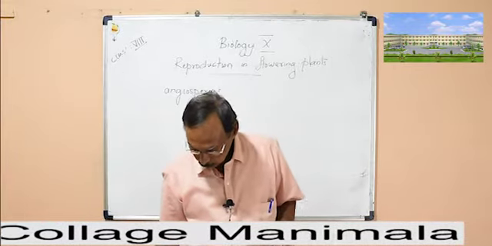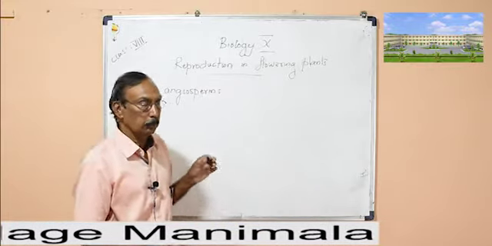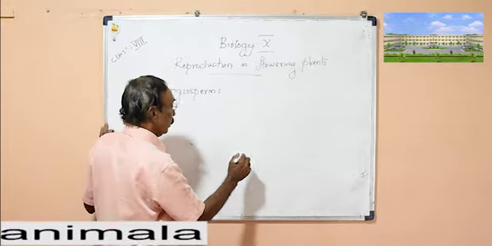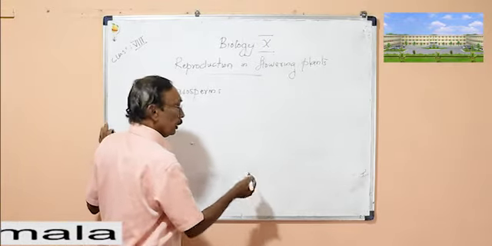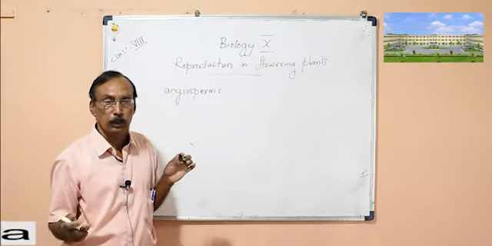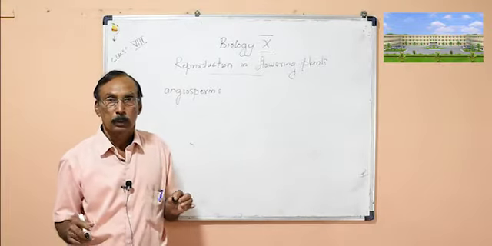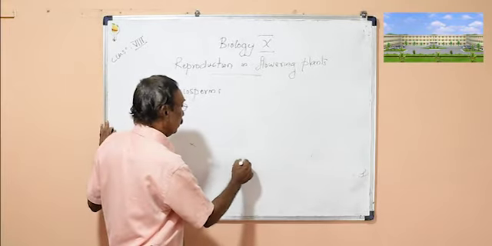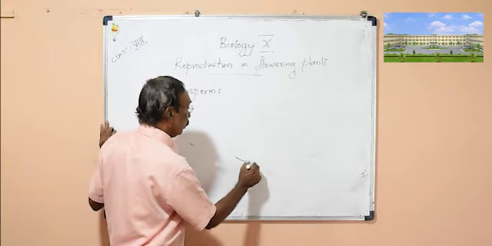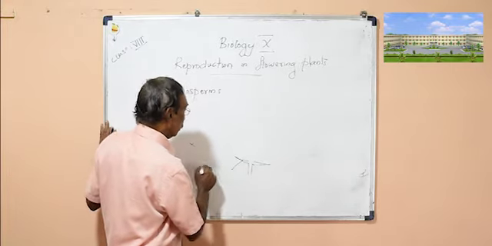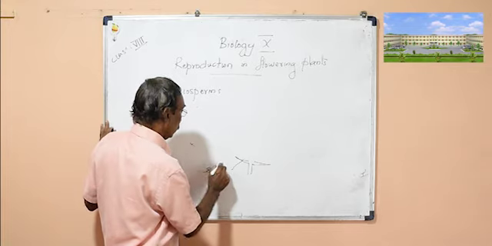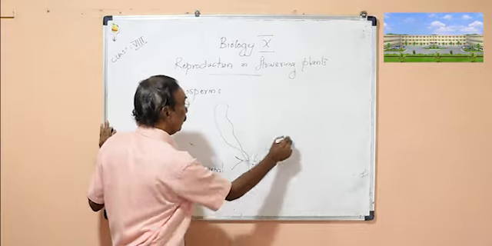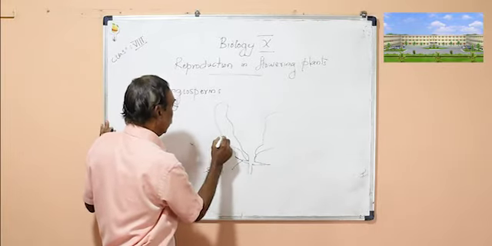And if you examine the flower of a plant, the reproductive part of a plant is the flower, and the other part is called the vegetative part. We have studied vegetative reproduction. The reproductive part of a plant is the flower. If you examine a flower, you can see it has four important parts, which include the sepal. The outside one is called the sepal, and the second part is the petal, the brightly colored part.